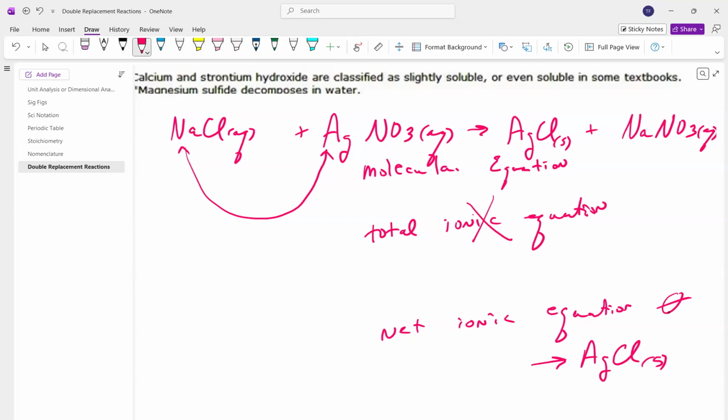How do we make it? There's two parts, right? What are the two parts? Silver and chloride. So this is the net ionic equation. Now, if you get no solids forming, then it's null set. And lastly, one more part here